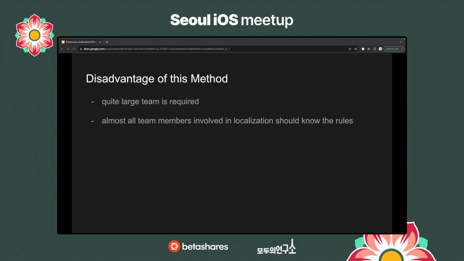The second disadvantage is that all team members must be trained on the rules necessary for the localization process.